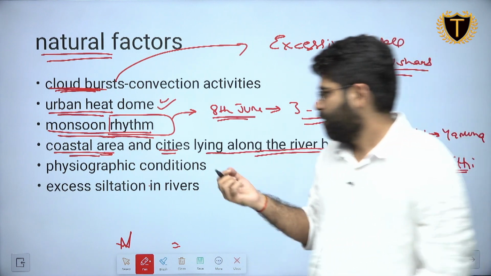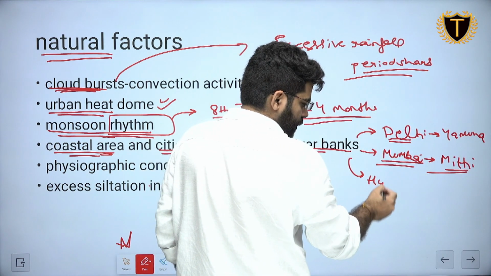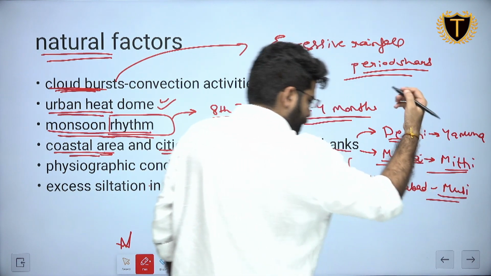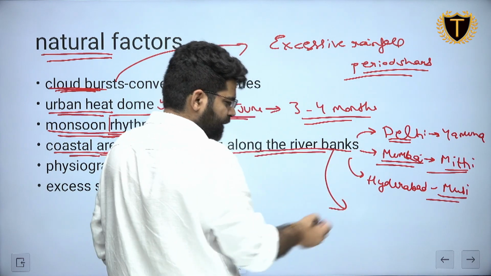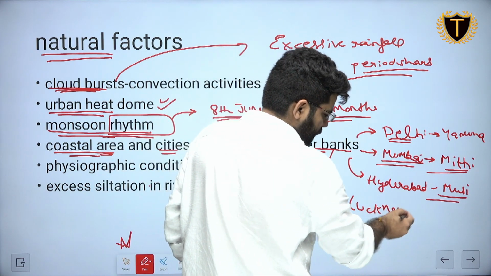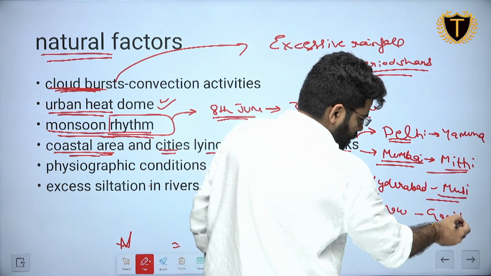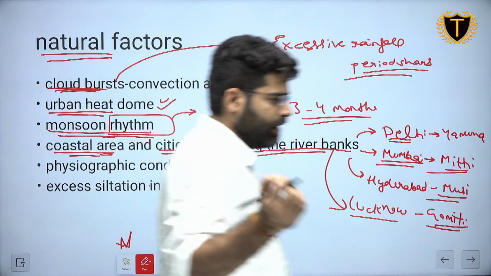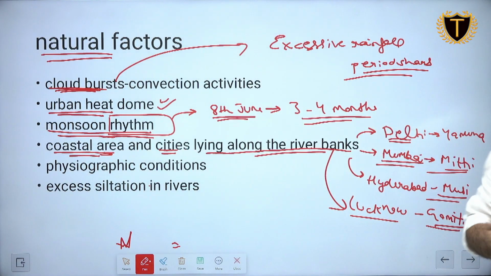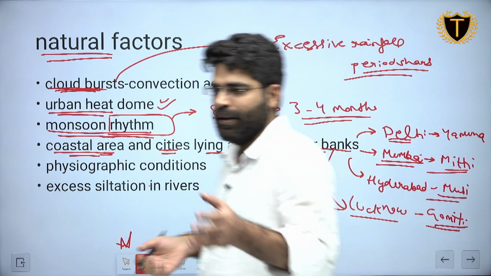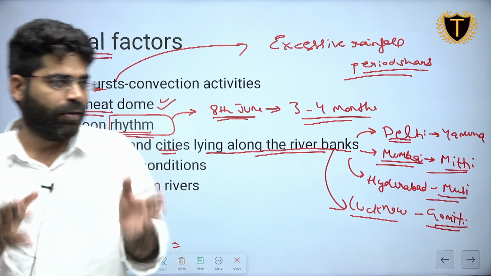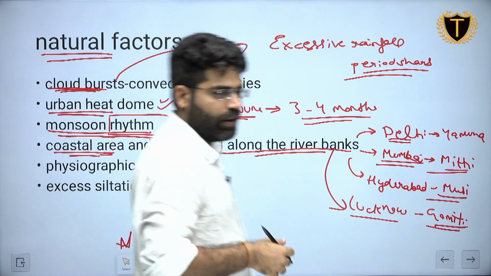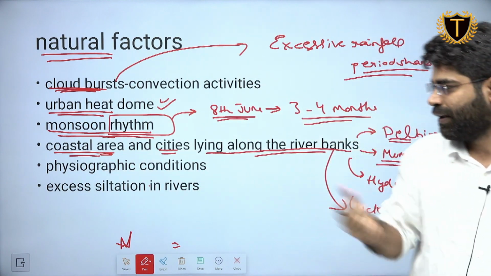Now we have another example of Hyderabad. Hyderabad has the Musi river flowing through it. Then we have another example of Lucknow, which has Gomti as a river flowing through the city. Then we have another example of Goa having the river Juari flowing through it. So these are basically examples of those cities which have a river flowing through them, or they are most likely to be on the coastal plain, or I should say the mouth of the river in coastal areas.